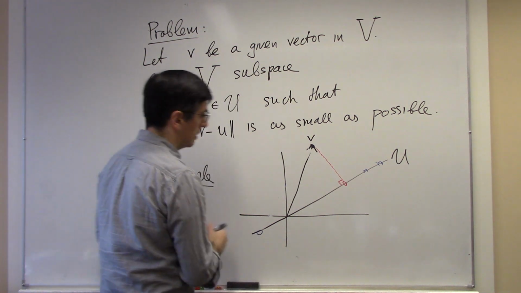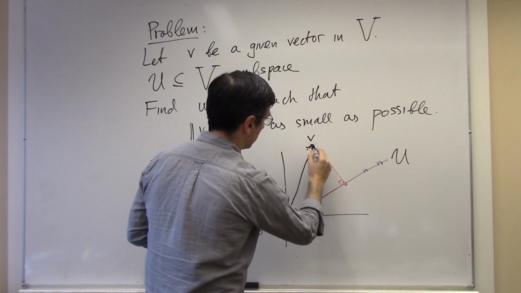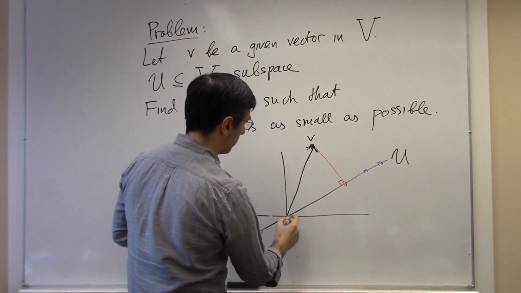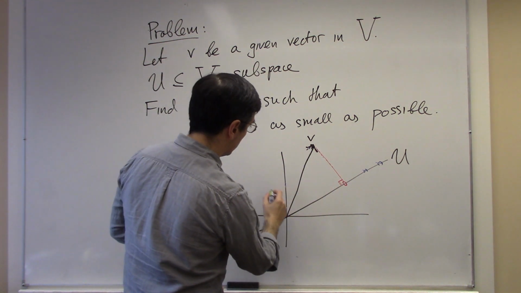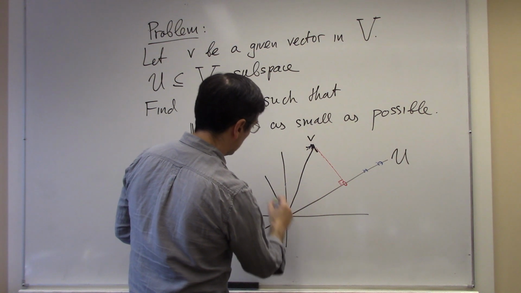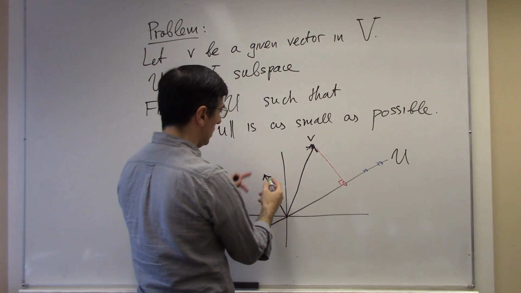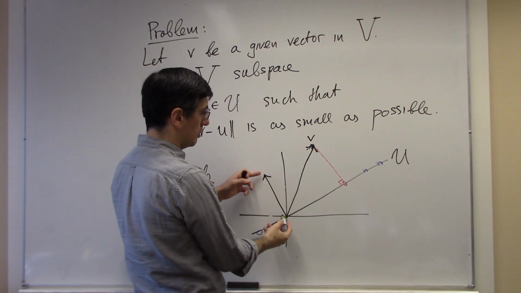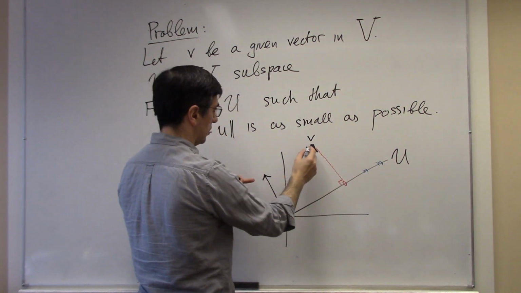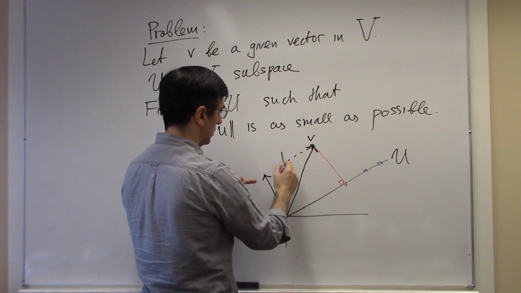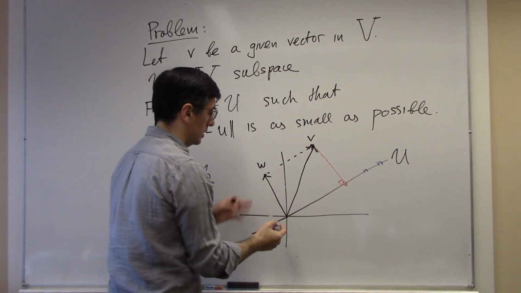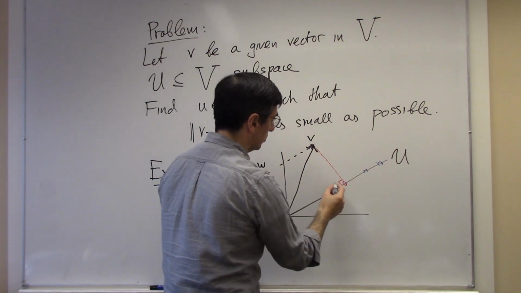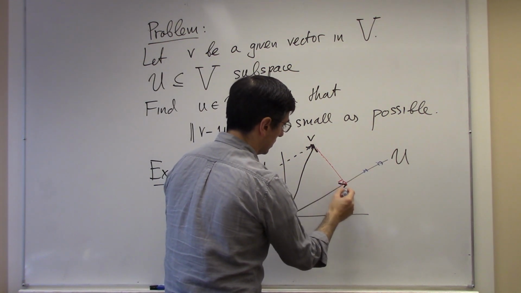Because what is the orthogonal projection of V to U? What you want to do is to decompose V into a vector that is perpendicular to U, or orthogonal to U. So this is W, and then another vector that is in U, and so this is